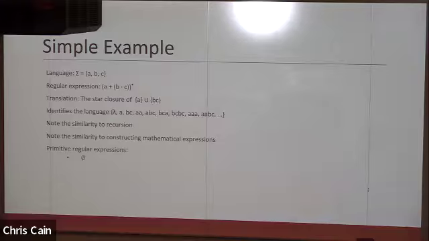So primitive regular expressions can be the empty set. This just defines the language with nothing in it. We can also have the empty string, the language of just the empty string. You can use lambda in your regular expressions. You can use the empty set in your regular expressions, although usually I don't use the empty set too much. Lambda though does show up. We can use any character in the alphabet, the input alphabet. And then we just